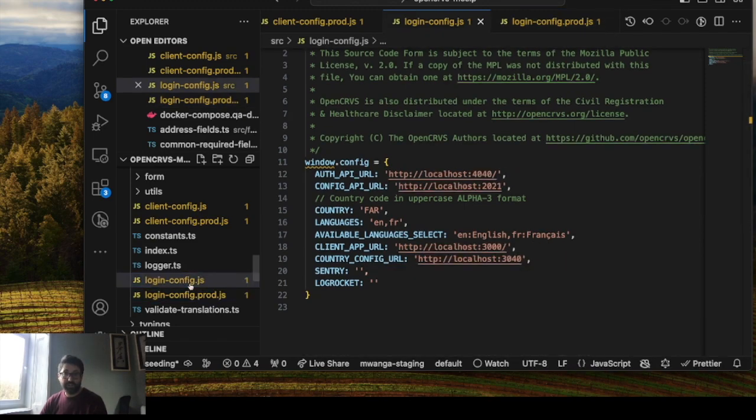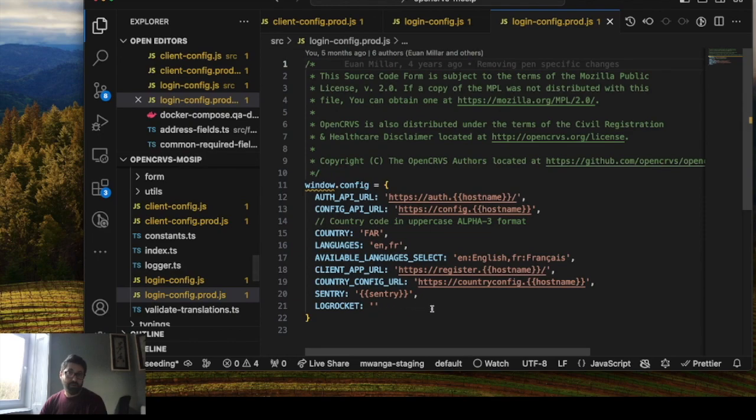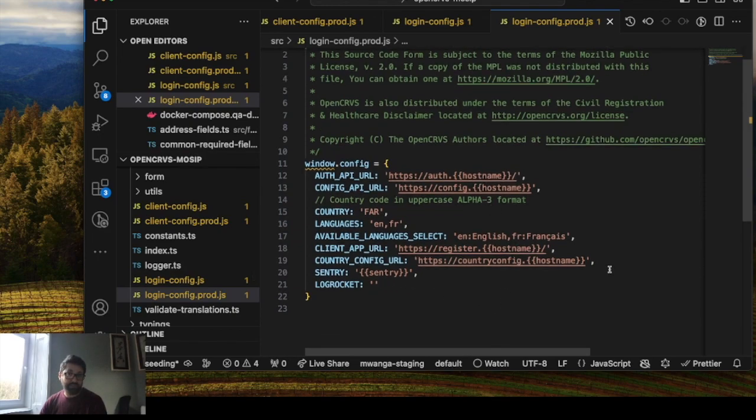When we're running locally, the URLs to the authentication API, the configuration API, the client app, etc., where things should redirect, are all localhost. And on the prod, they're all subdomains. So these get kind of adapted with your live hostname during the deployment process. But you can see there's a couple of hard-coded things that you need to change. You need to change the languages string. So these should be your alpha codes,